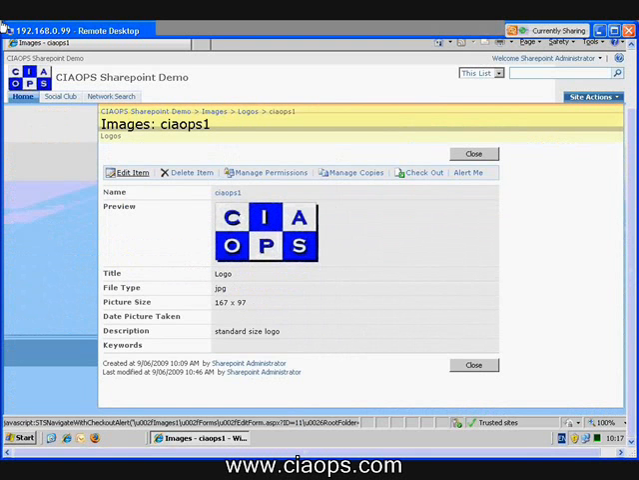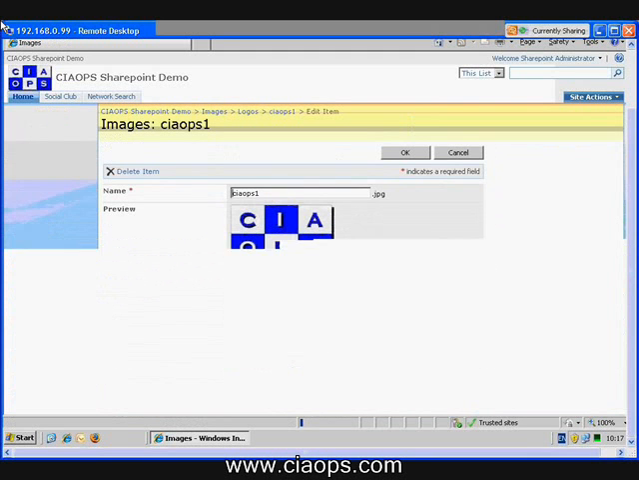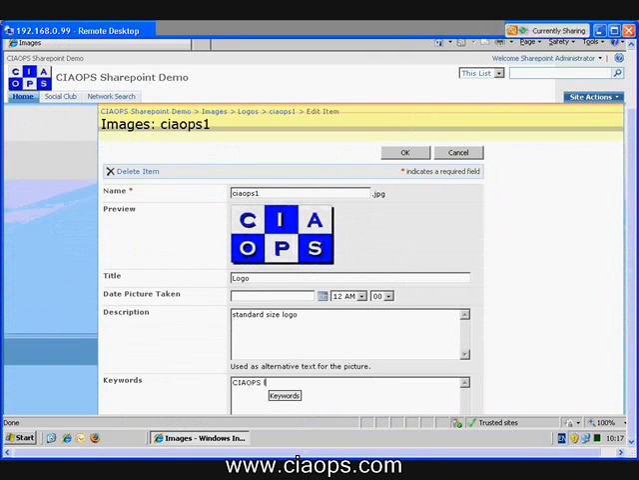But if I now edit that item, what I can do here is I can go in here and put in